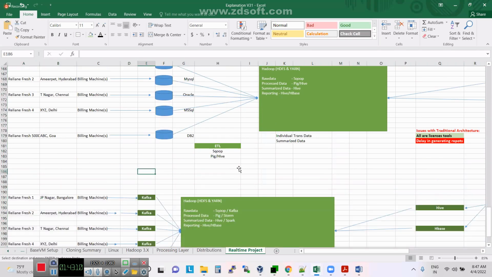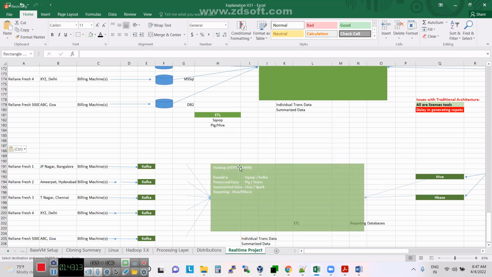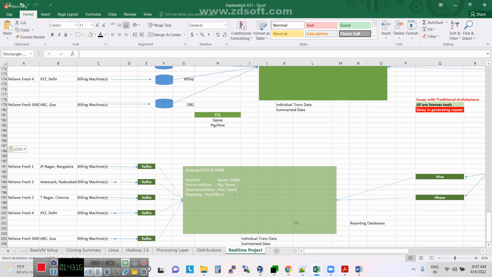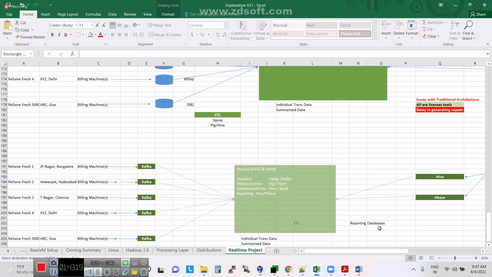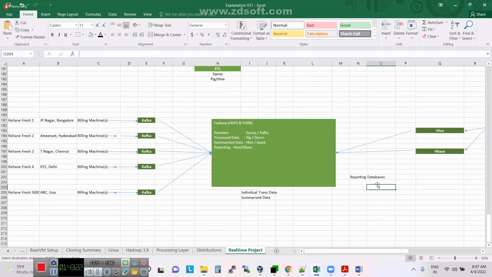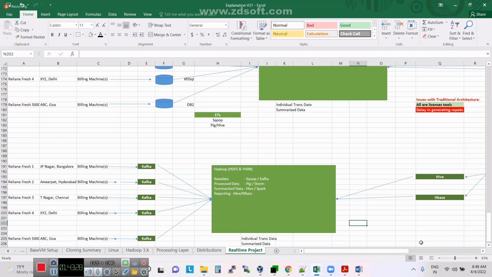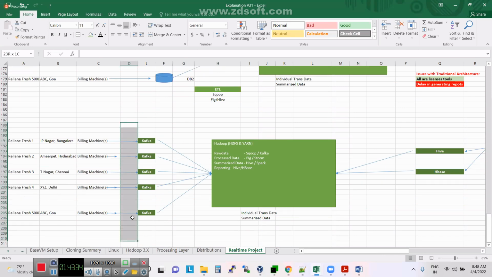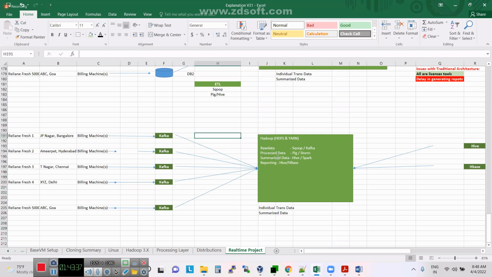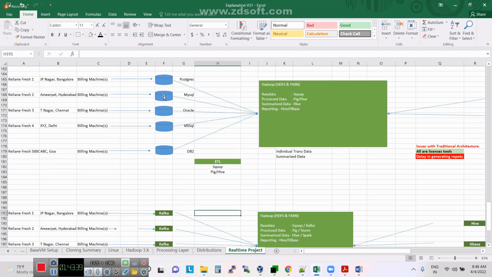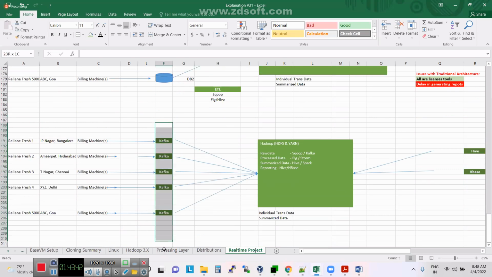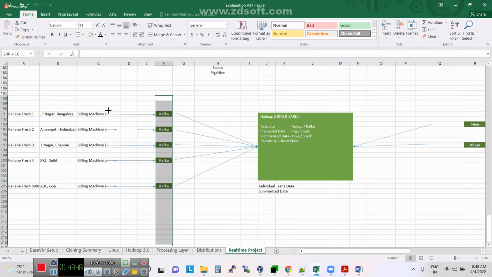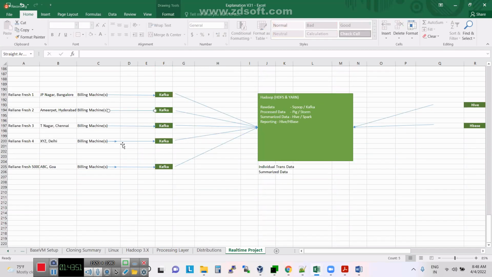What are the new tools here? So here, guys, these are the new tools. No reporting databases, nothing here. Now, what have they done? They removed this one. They removed these databases. In the place of databases, what have they done? They came up with the concept of